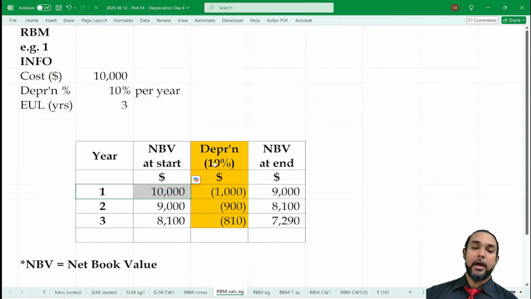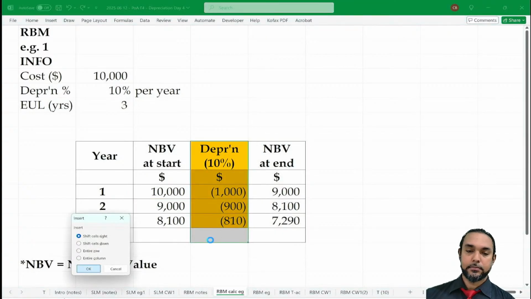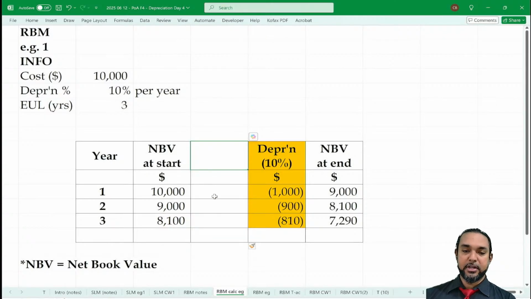Now, during the course of the year, we use the asset, it depreciates, so we lose value. Our question tells us that we're losing 10% per annum. So what we do is we find 10% of this. Now, what we could actually do, if you all want, is we could actually have a column for the depreciation percentage. So let me just, and then we have